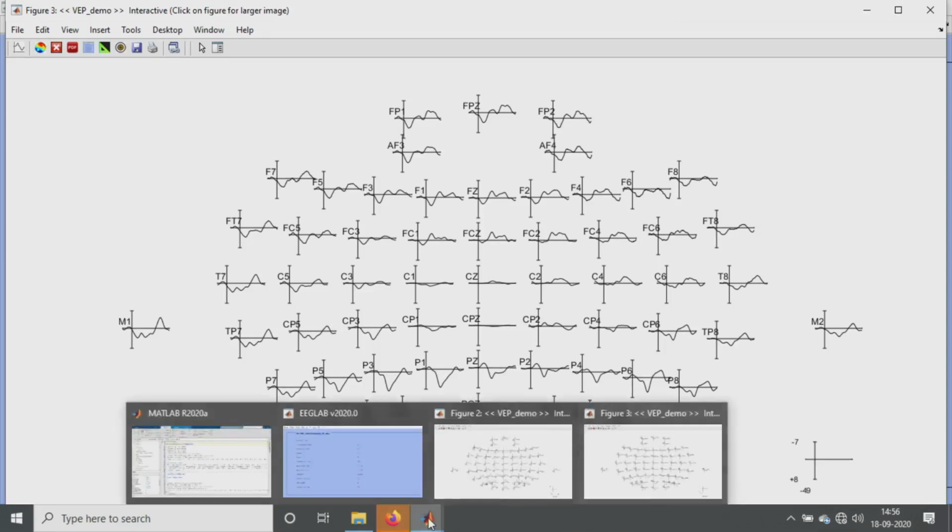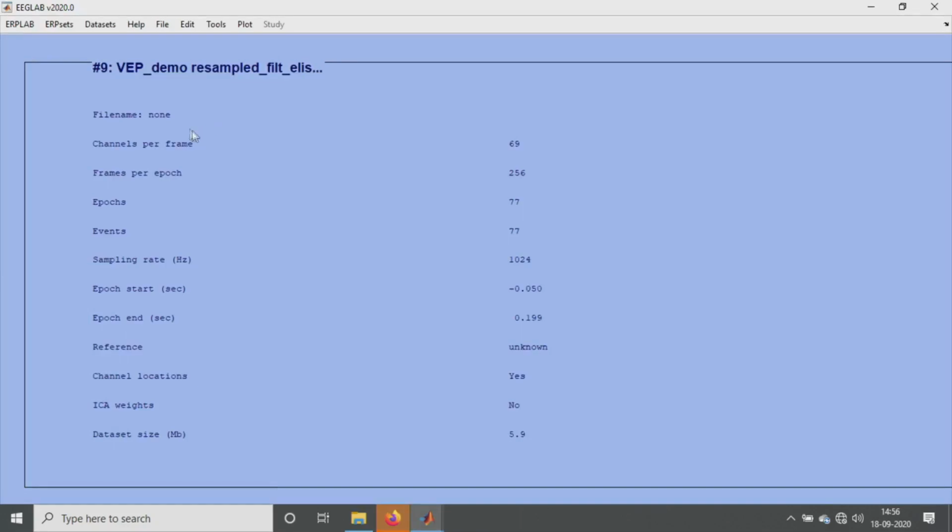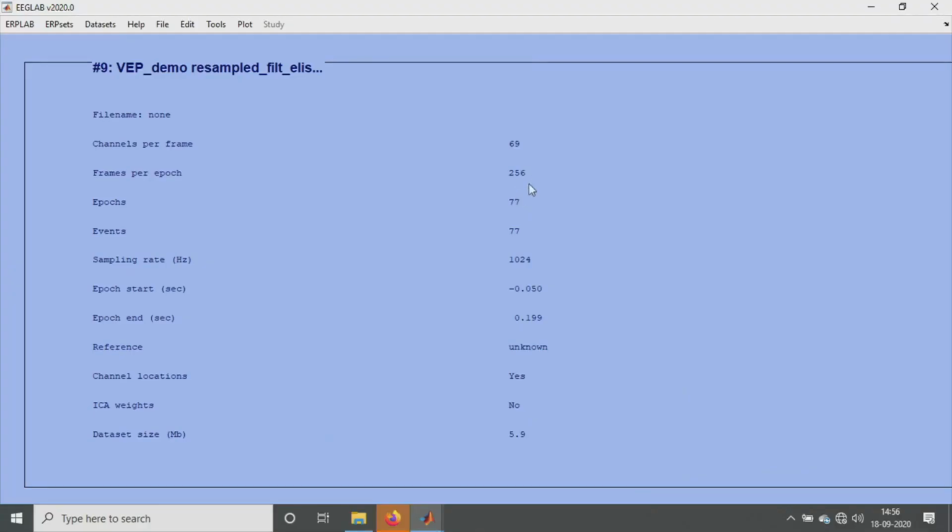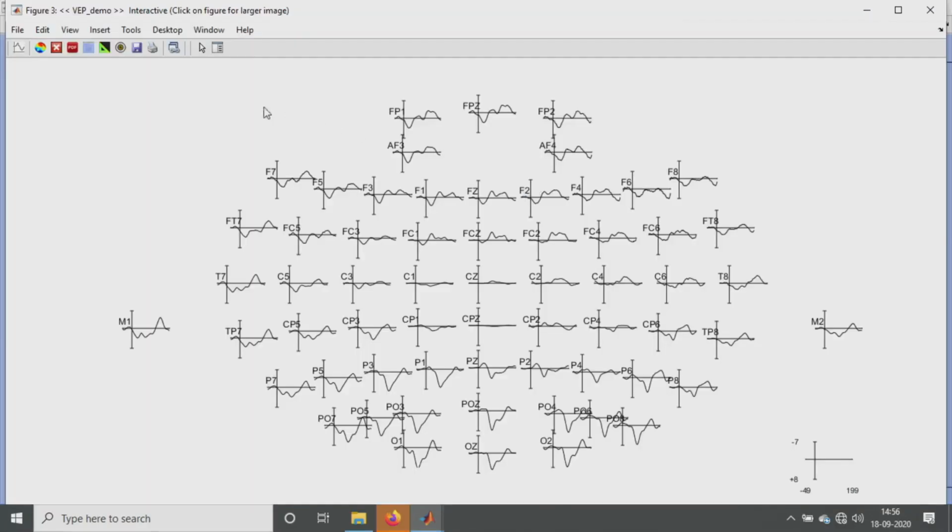Next, I have to show you how to do the wavelet analysis. As I told you, there are 77 epochs and 256 data points for each epoch. So we will obtain totally 77 into 256 data points.